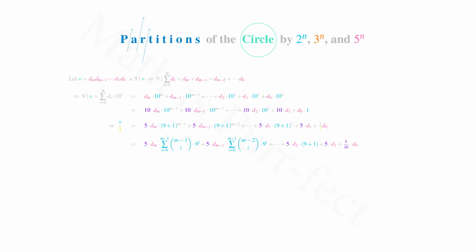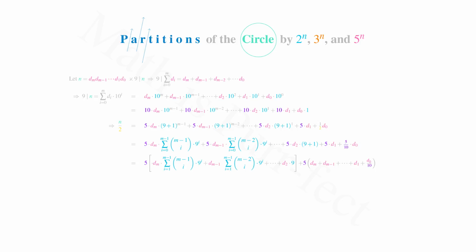It's interesting to note that the 0 indexed term has a value of k choose 0, which is 1, times 9 to the 0th power, which is also 1. Hence the first term of each sum is 1. This gives us 5 times the quantity d sub m times the sum as index counts from 1 to m minus 1 of (m minus 1 choose index) times 9 to the index, plus d sub m minus 1 times the sum as index counts from 1 to m minus 2 of (m minus 2 choose index) times 9 to